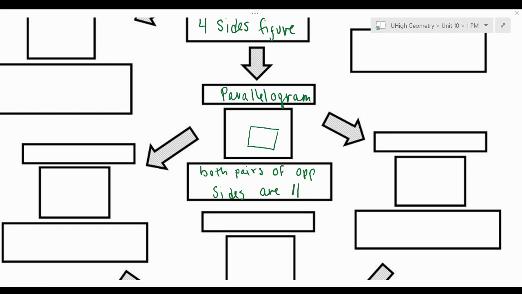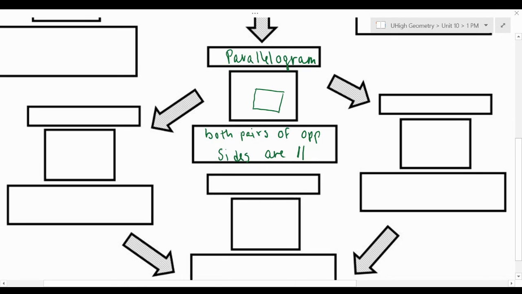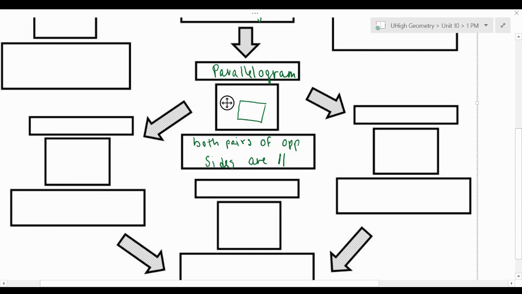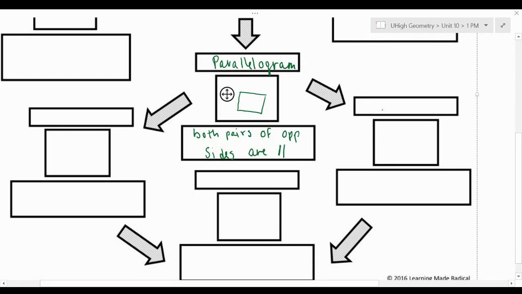If you guys remember when we were talking about some of our other shapes, we talked about things that could be parallelograms and something else. Those were a rhombus, a rectangle, and a square. So what we can look at is, let's have this one be a rhombus. So if I have a rhombus,